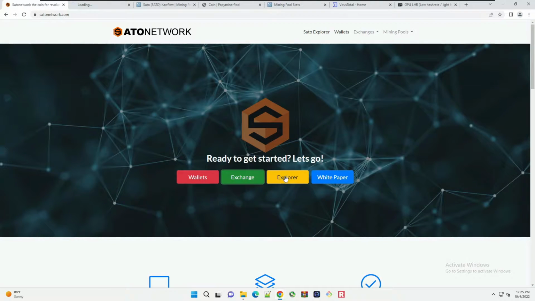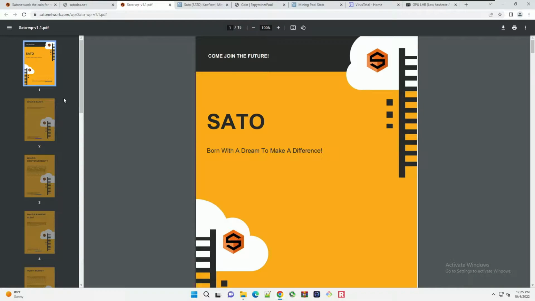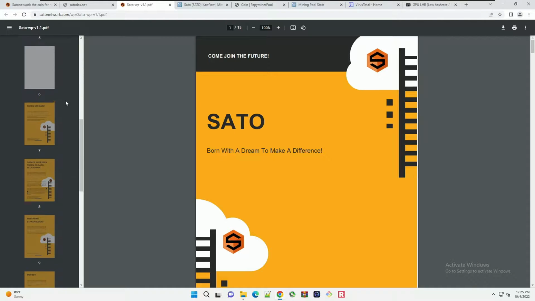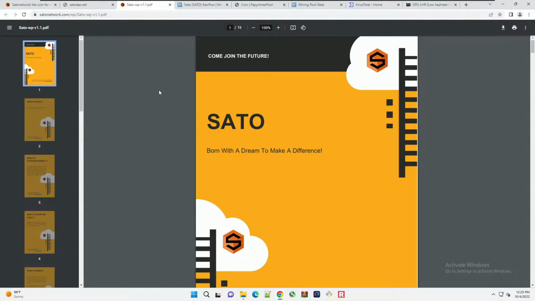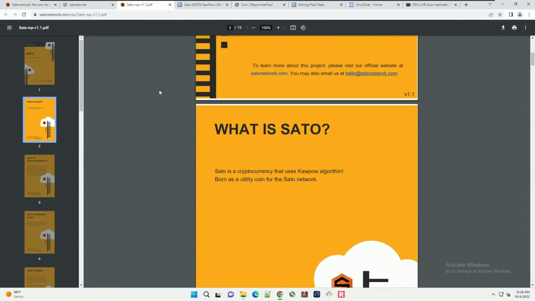I'm not sure if I'm not patient enough, but it didn't come up for me when I tried. It's also possible it could be down, or there could be other issues. Here is the white paper for Sato, which